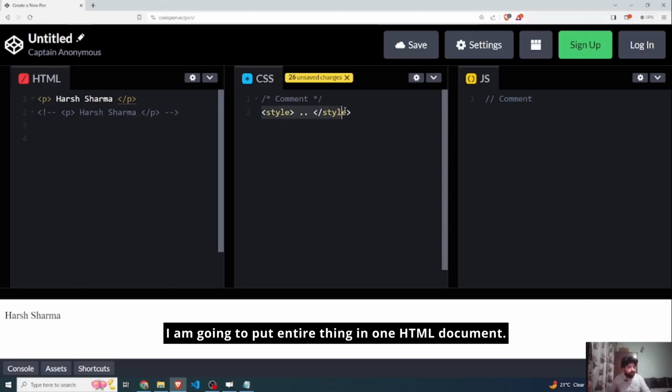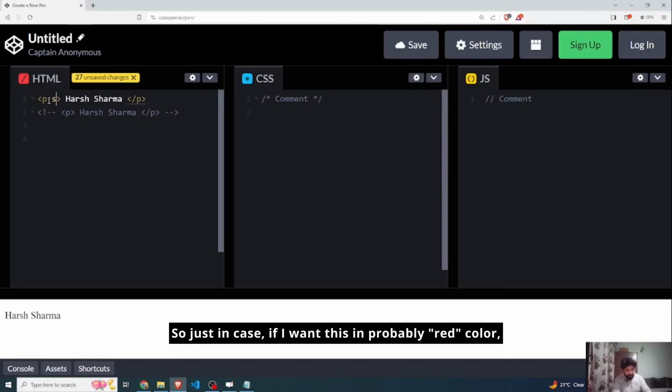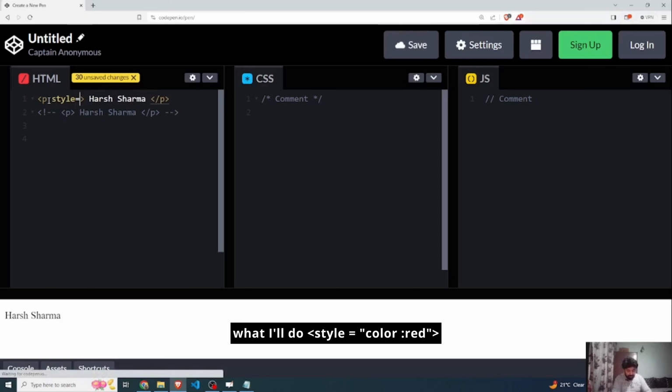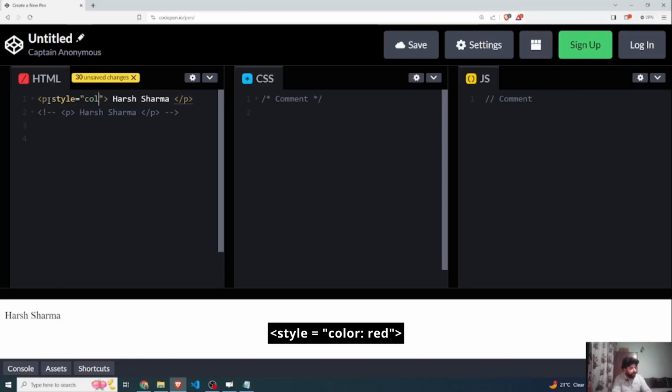I am going to put the entire thing in one HTML document. So in case I want this in red color, I'll write style equals, and then I'll add the color,